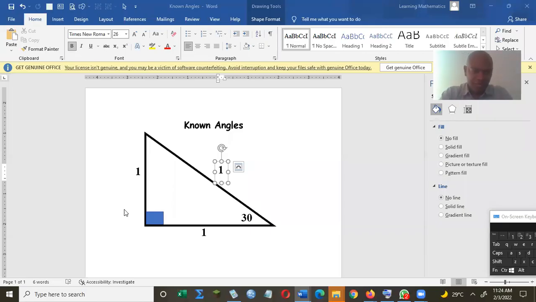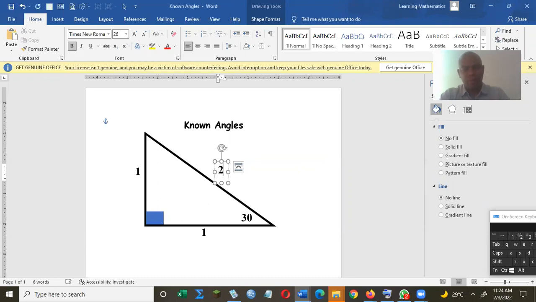Right. No, this is a right angle triangle. This box here is indicating 90 degrees. It is pointing to the hypotenuse. Let's say that this is 30 degrees and the side opposite to 30 degrees is 1. So if this is 30 degrees and the side opposite to 30 degrees is 1, then the hypotenuse must